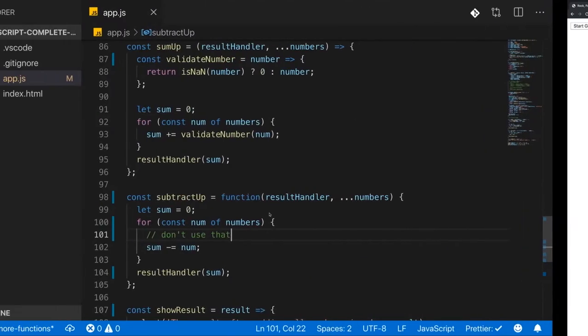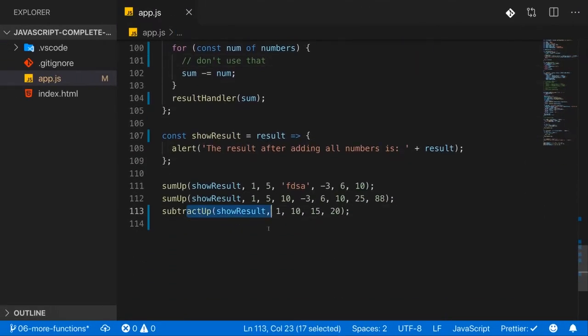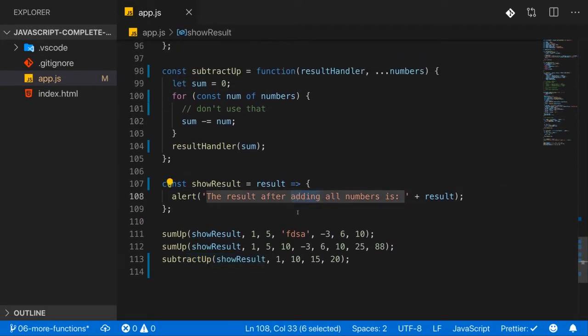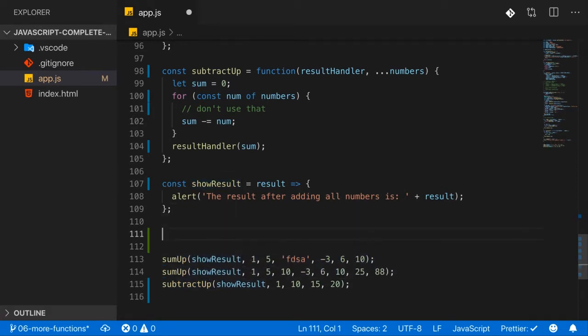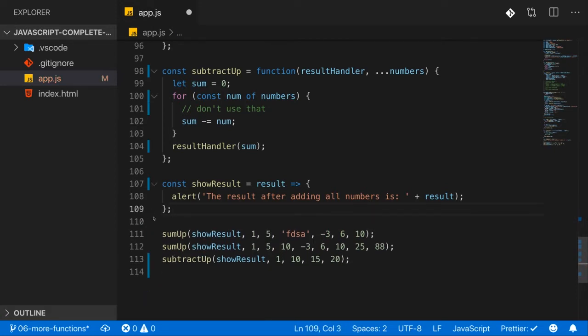Well, of course, here we're not adding any numbers, we're subtracting them. So we want to change the message, but if I change it here, it will be changed for sum up as well. Now, of course, we could create a new function here. We could create show result 2, where we have a different message and use show result 2 here and show result there. That would work, but you probably see that you would create a bunch of different functions just to